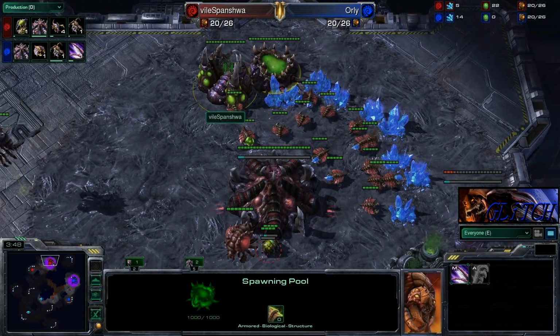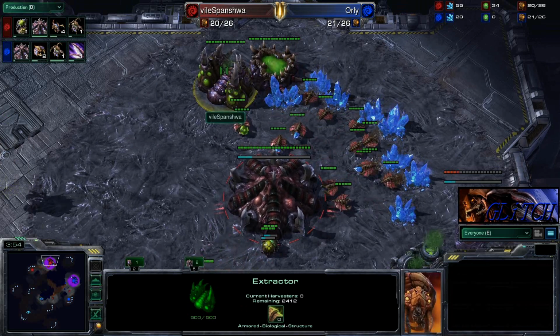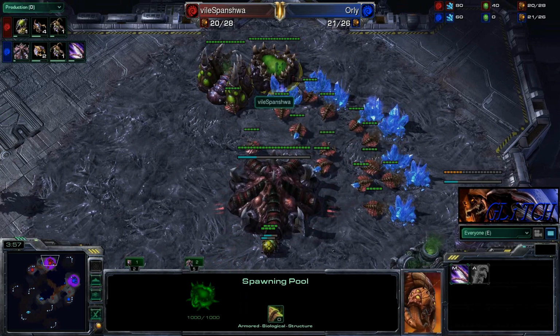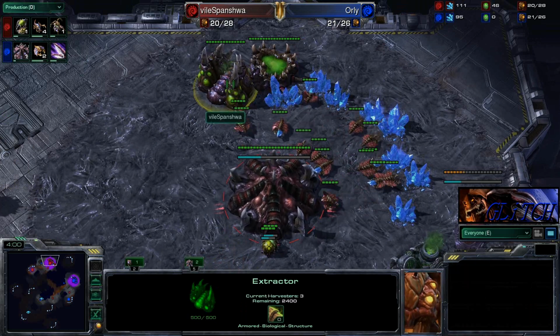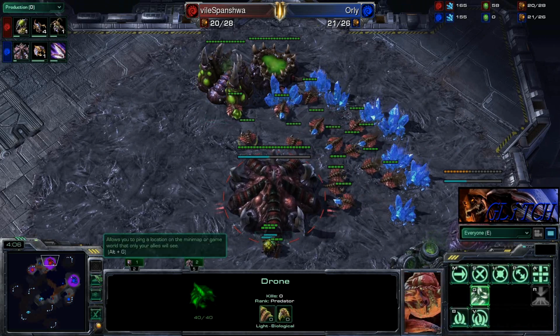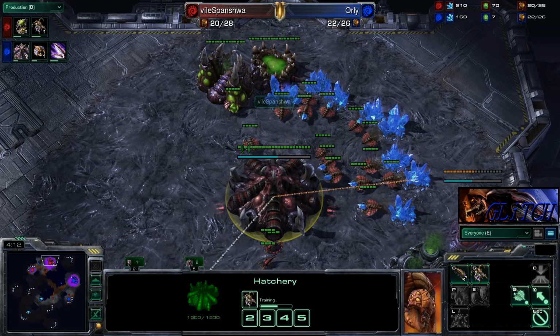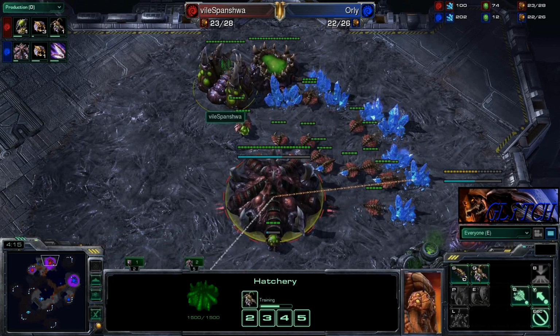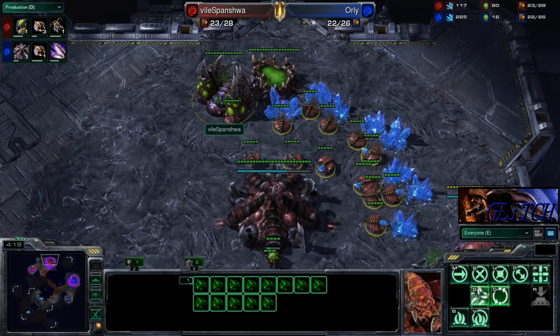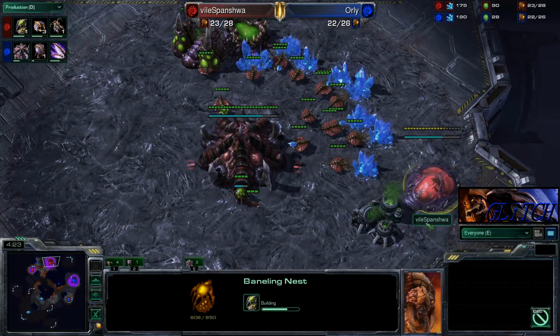So, what has he done? He's now gotten a fast hatchery and then spawning pool, followed immediately by an extractor. Again, the food counts don't matter too terribly much. What matters is doing it as you have the money for it. He's gotten a fast spawning pool while producing a lot of drones. He's gotten an extractor, and with his first 50 gas, the second he has 50 gas, he throws down a